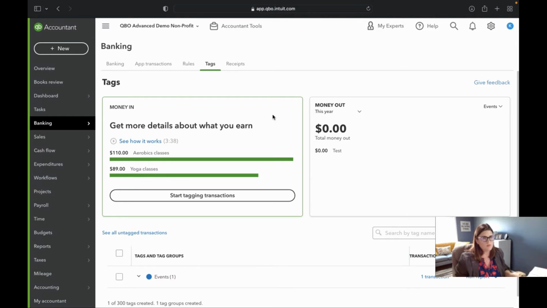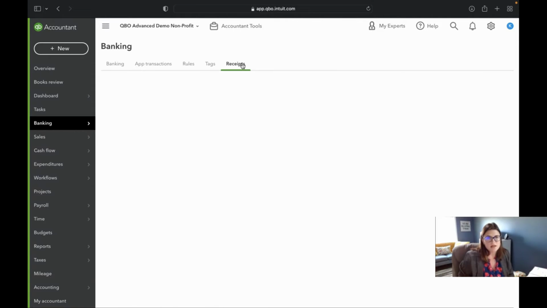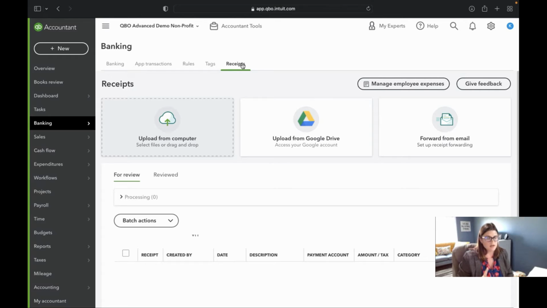If you're trying to do something super important and you're like, I need to make sure we allocate all of our funds for this, don't use tags, use Classes. But if you're like, hey, we're doing an event and I kind of want to know how much it costs me, tags might be a way to do that. Or other ways. I know in desktop you can actually search by memo, which is a funny little trick that I like to use sometimes, where I'll put a code in the memo, which means nothing to anyone but my report. A lot of people don't know you can do reports by memo. I'm not 100% sure if you can do it in online though.